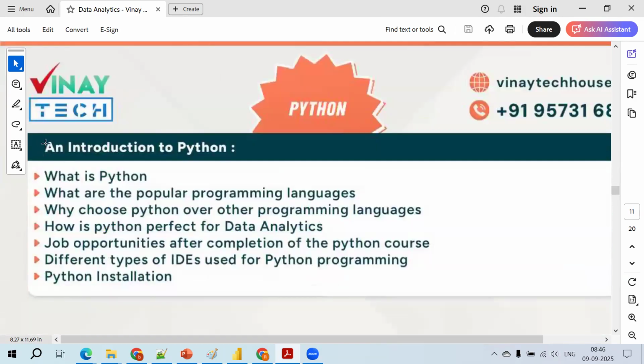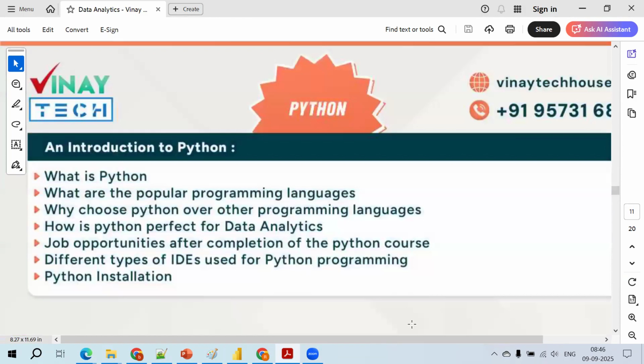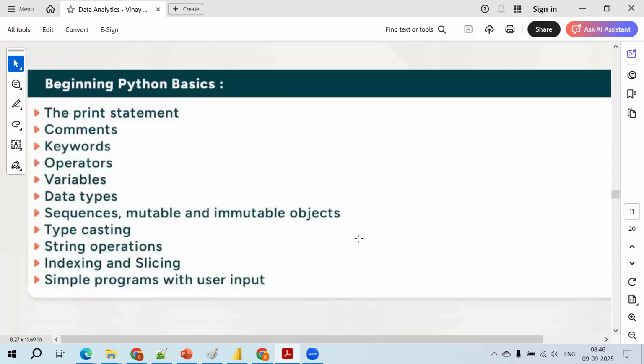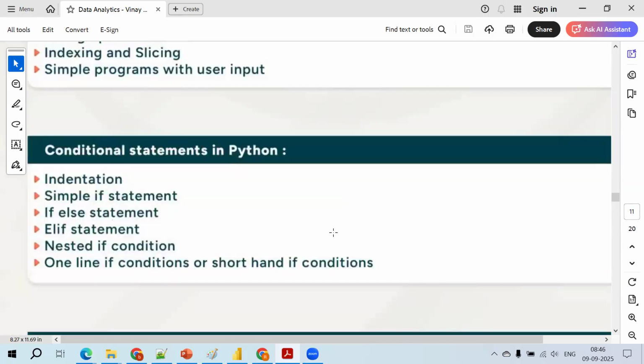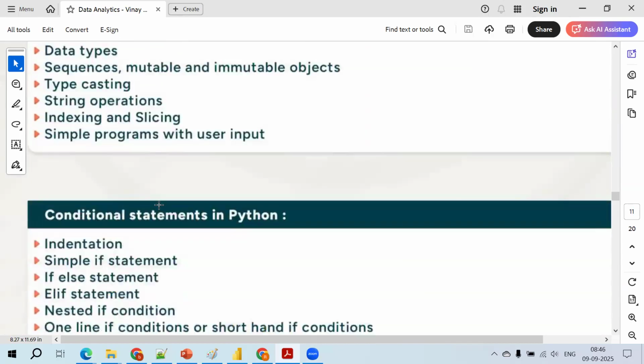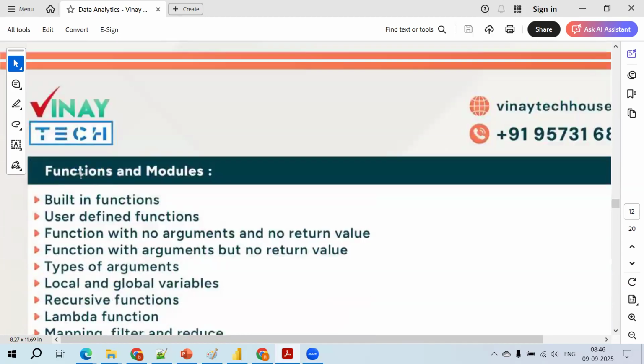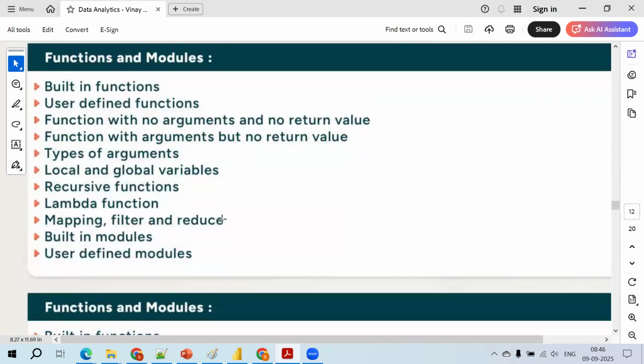And again, Python. For data analytics, Python is a very simple course where you will be focusing on multiple libraries: matplotlib, and NumPy to understand numerical values, and then if-else statements. Initially, I will give an introduction to Python, and then we'll go ahead with the data structures, and functions are very, very important over here.